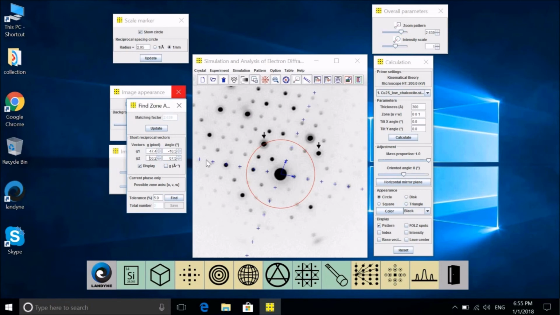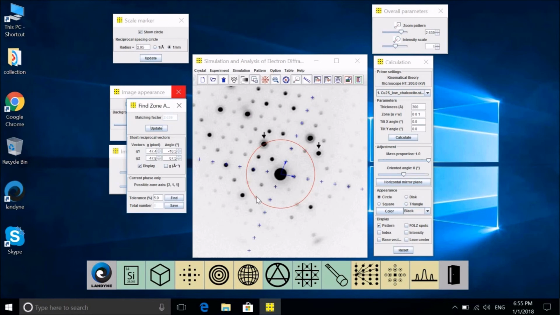And now I need to decrease a little bit. Now it is the best fit for this line too. So we find the two basic vectors here, and we also have this tolerance factor of 5%. We find the zone axis is 211,